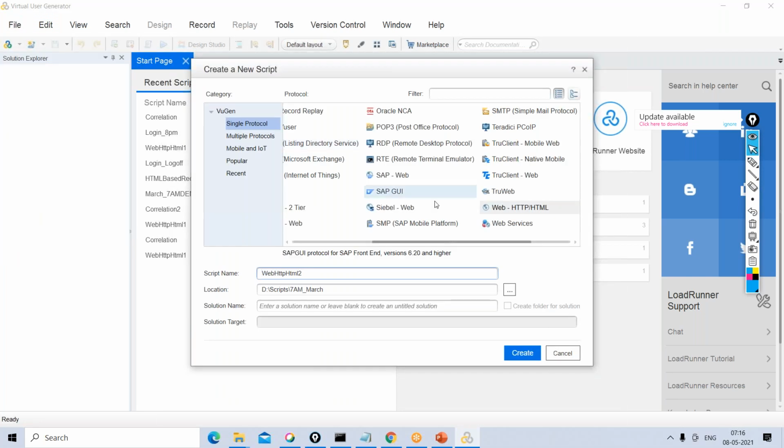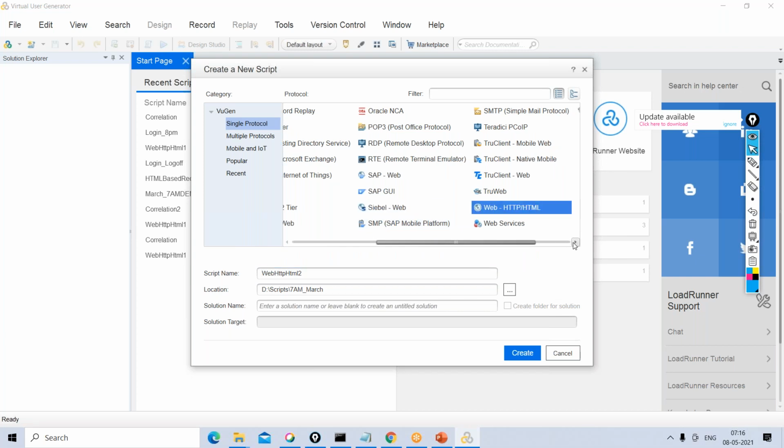There are multiple protocols here. For most web applications, we use the web HTTP/HTML protocol. We have been discussing this HTTP/HTML protocol for quite a long time.